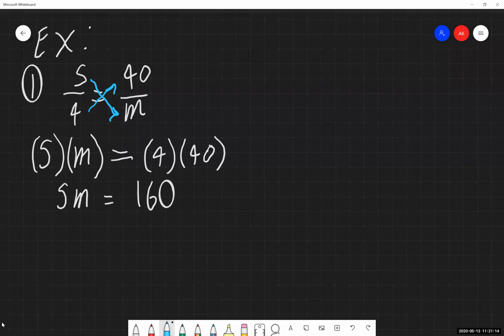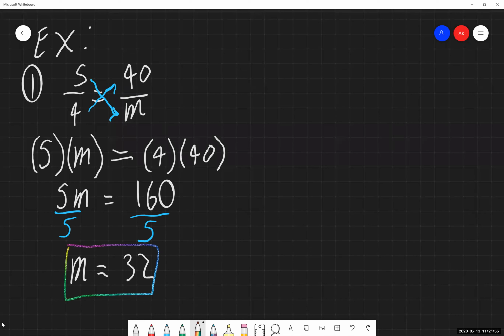And now from here, we're just solving this equation for m. Our fractions are all gone, which is really nice. And we're referencing now our 3.5, 4.8, I think it was, material, all that stuff that we've been doing up till now. So I do not want 5m, I just want m, so I'm dividing both sides by 5. I'm going to get m is equal to, use your calculator if you need to, that's what I'm doing off screen. I'm getting 32. So we have our answer there.